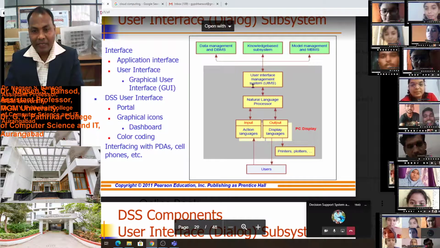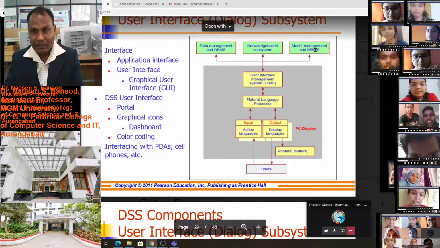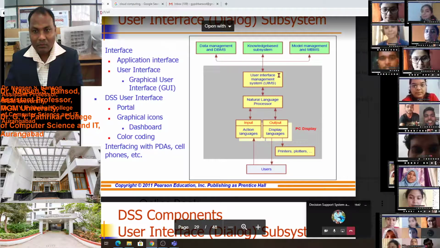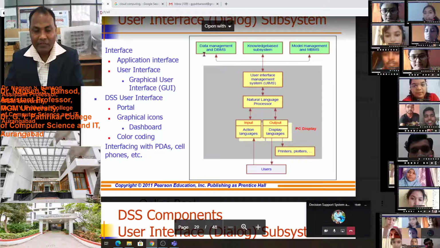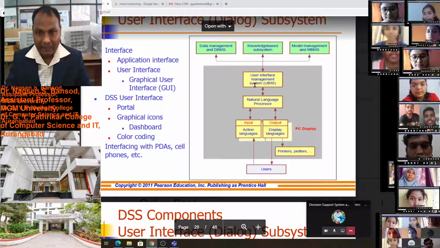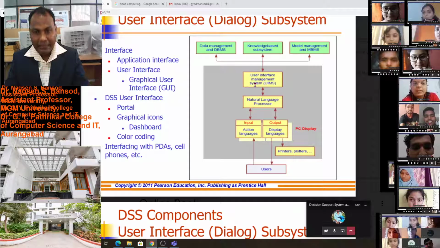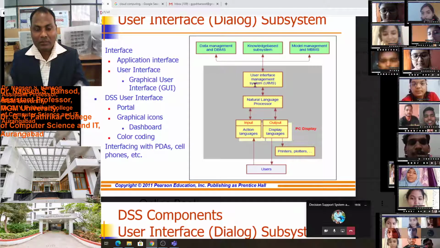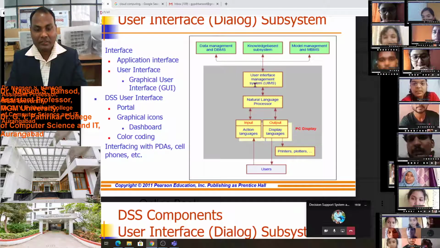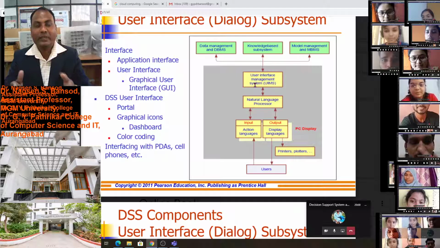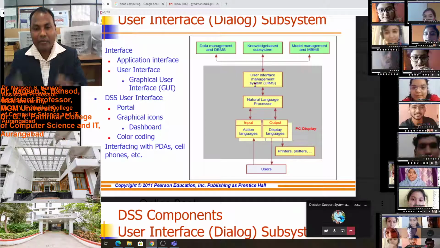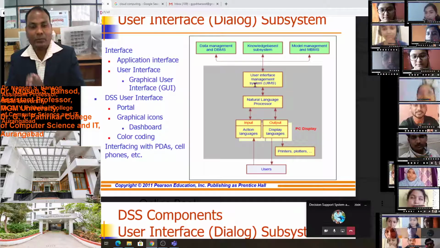The user interface management system manages the model, the knowledge, as well as the data, and all that this user interface system will provide. The interface means all these will connect directly to the decision support system.